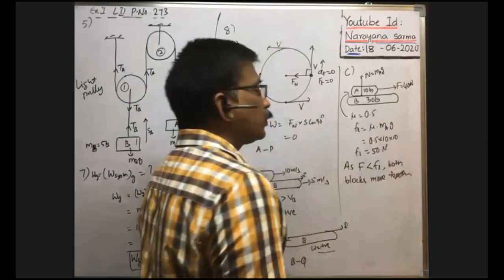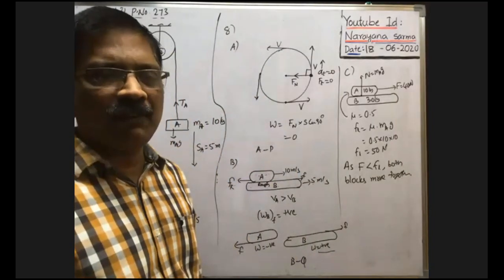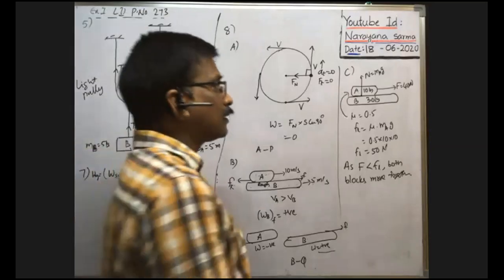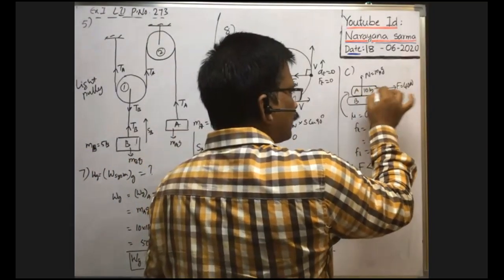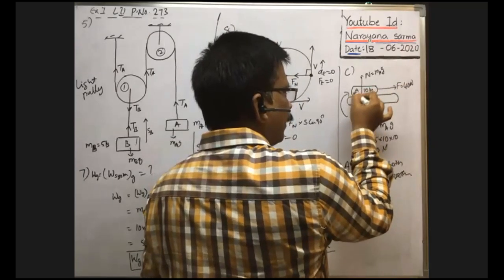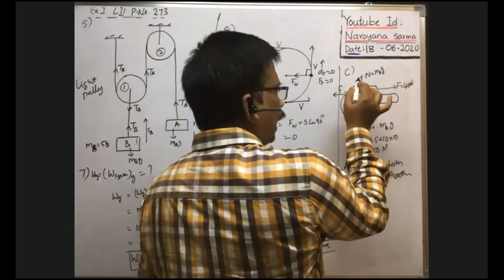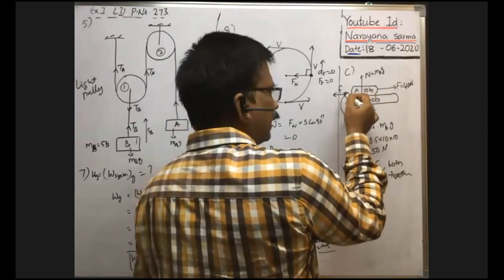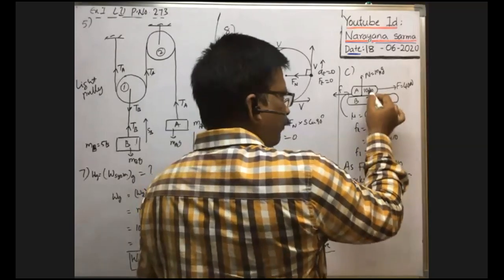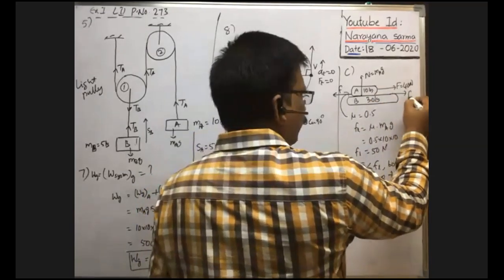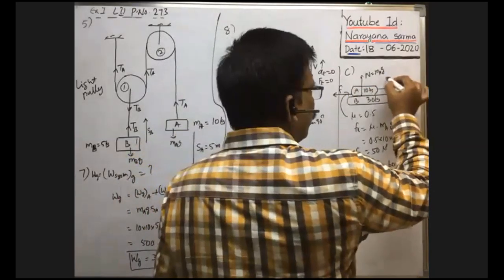When both blocks move together, displacements of both blocks are the same. But here, force is applied on the block in this direction. Frictional force acts on the upper block in the opposite direction, that means in this direction. The friction between these two pulls the lower block in the forward direction. Here, no doubt, the system will move in this direction.